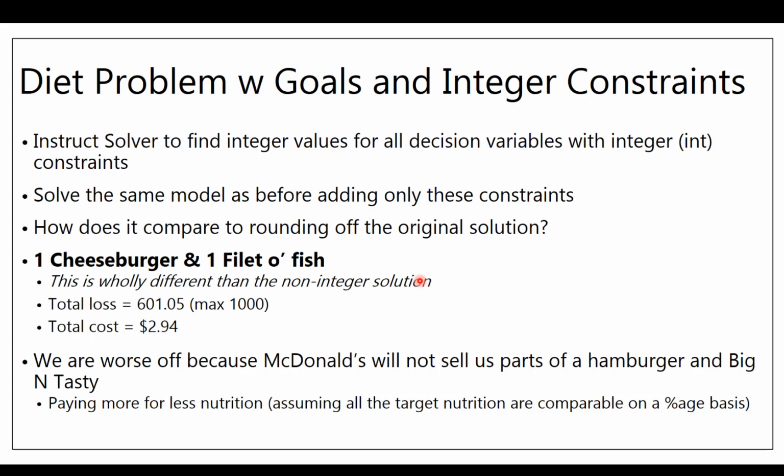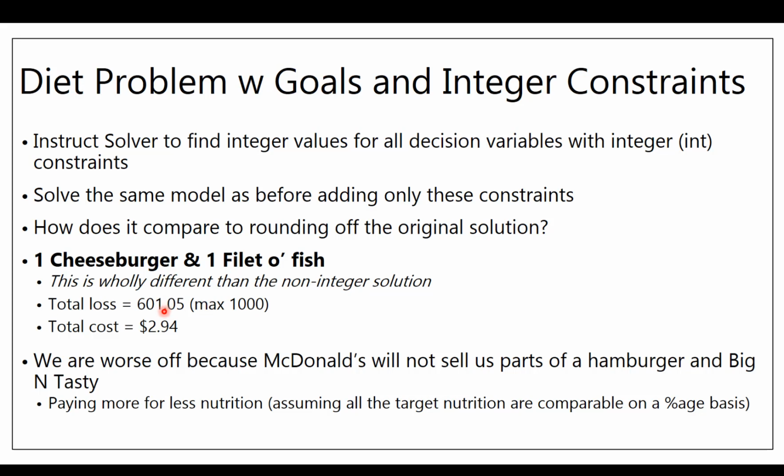non-integer model, the one that took whatever and just rounded things off, we would have completely missed what Solver is telling us is the best solution given a set of integer constraints, which is 1 cheeseburger, 1 fillet of fish. The total loss is 600, so instead of being 550, it's bigger. So this is a worse solution. We knew that had to be the case,